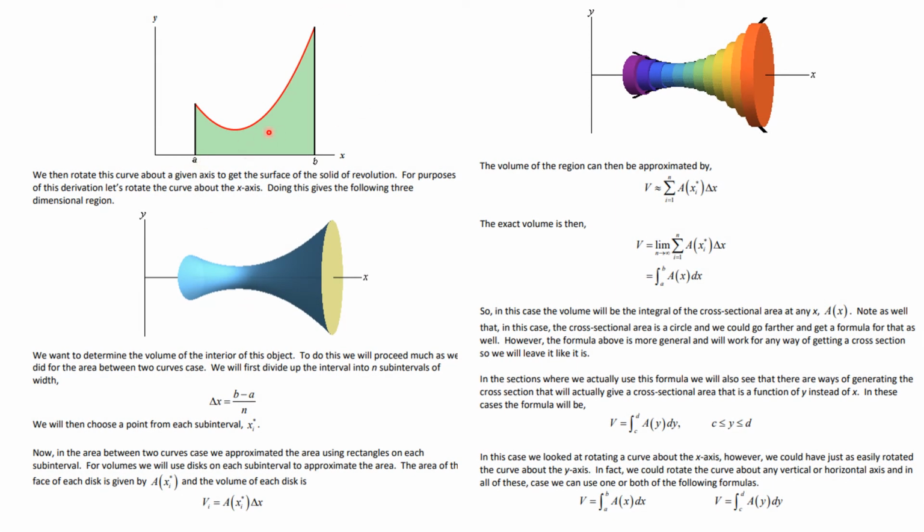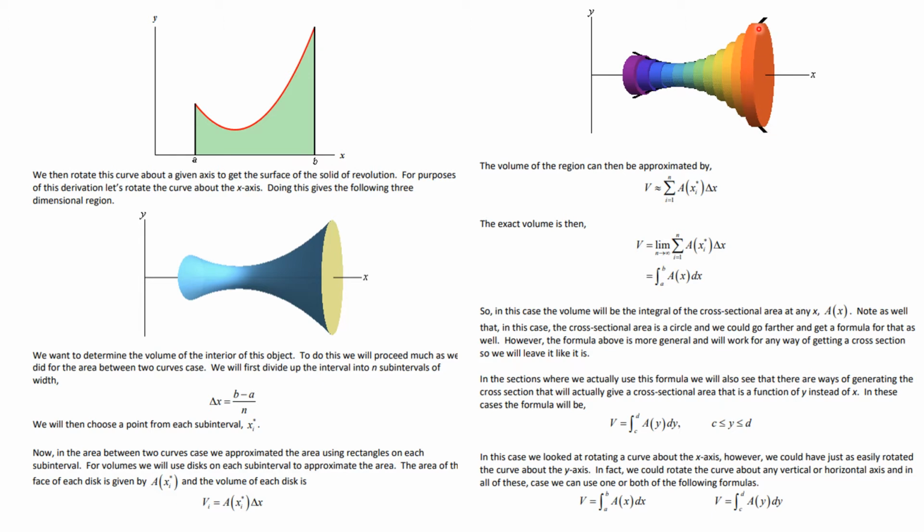So here again is a picture of the area that we're rotating around. And what we're going to do is follow our program of slicing this into pieces. We're going to slice the interval from a to b into n equal pieces, and those are going to be called delta x. And then we're going to pick a point within each of those sub-intervals to find the area. So when we've done that, we will have these intervals, which will be the heights of these cylinders,